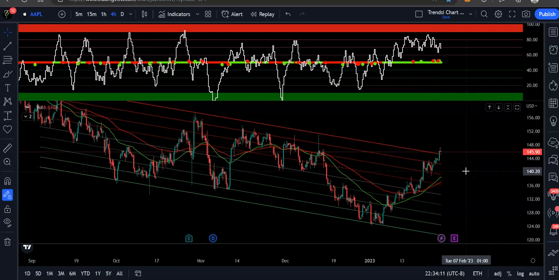We are going to be looking at Apple right now on the 4-hour time frame, and I'm going to show you guys a trading strategy that I really love to use that you can literally implement tomorrow to start making